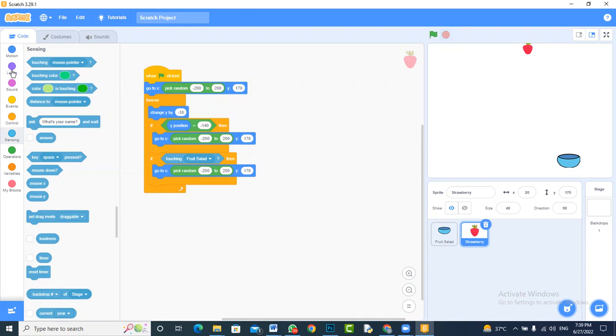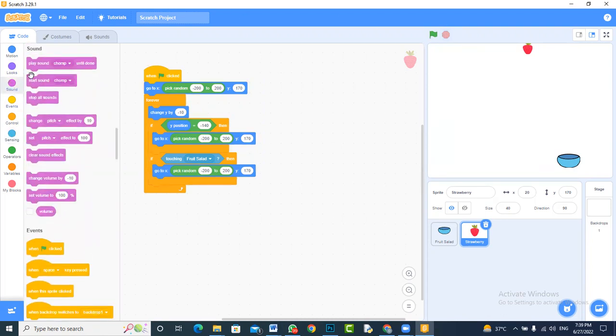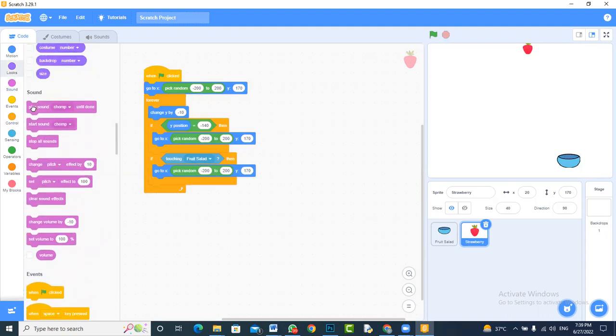Let's say I go to sounds, play chomp sound until done. इसको लेते हैं, Attack drop. Start the chomp sound. Now you can see what happens when this strawberry is collected by the bowl. एक sound आता है।